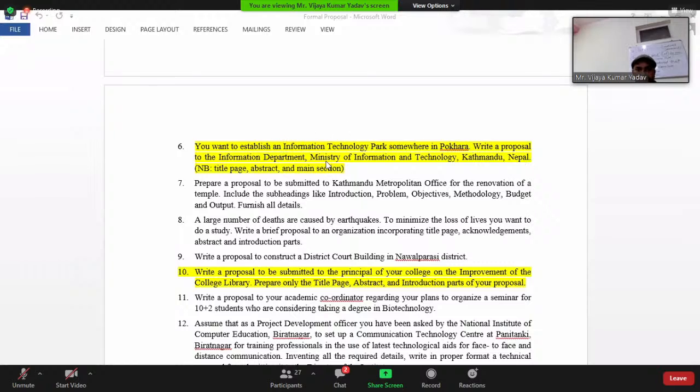So you can be asked a question like this. Now, in this very question, the parts of the formal proposal you are going to prepare are not given. If the parts are not given in the question, then you will prepare these parts. Generally, if the question of a formal proposal gives you the parts,